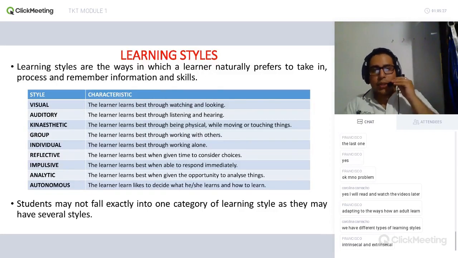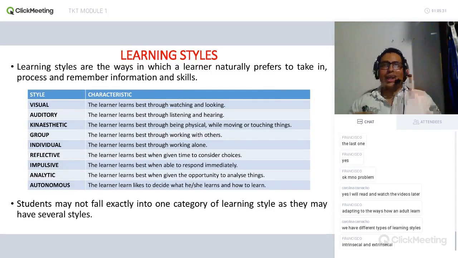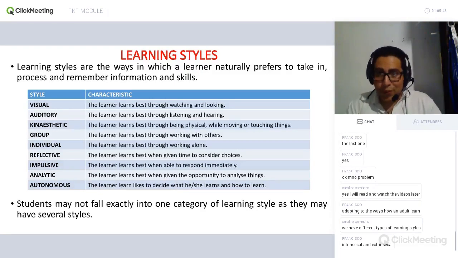So as you can see, most of the activities, I want you to develop this reflective style, because I want you to check out the sentences, to analyze, and then to choose. And that's how it is in the real exam too, or most exams. So you need to be very reflective.